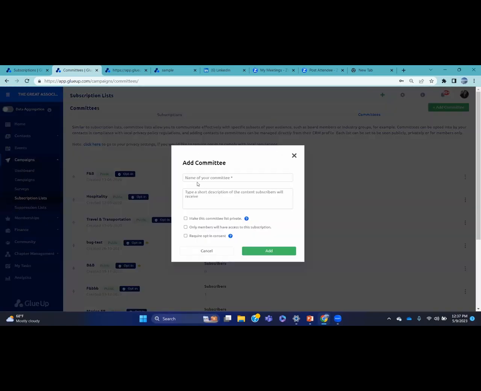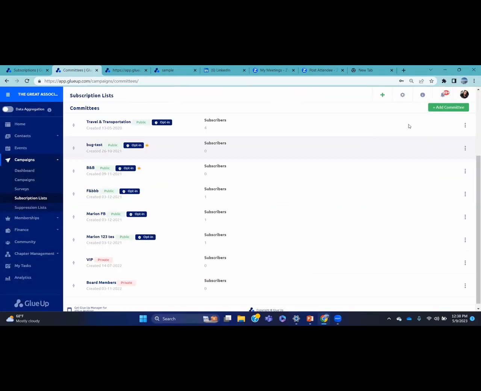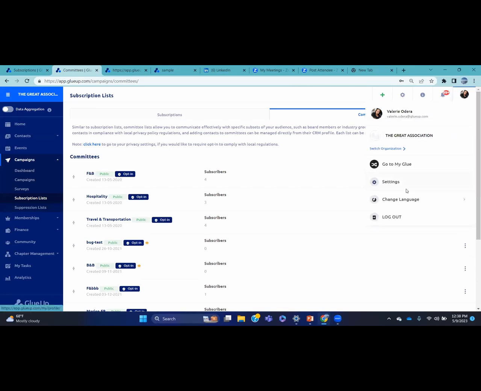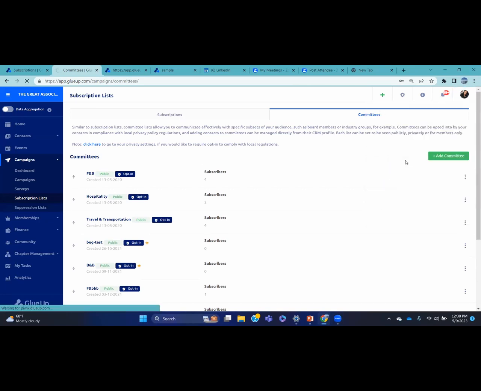Adding a committee involves entering the name, a brief description of what it's for or who it's for. You can make it private. I see most of them as private. You can limit it to only members and activate opt-in consent. You are also free to manually add people to a particular committee, aside from them being able to subscribe on their own. So we can go over to the end user side of the system,